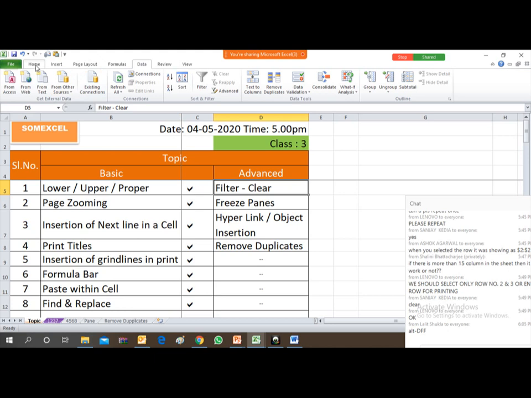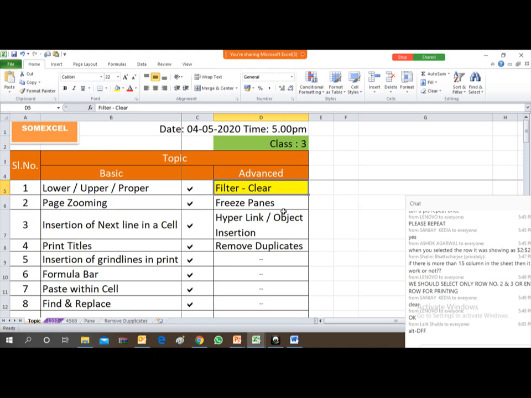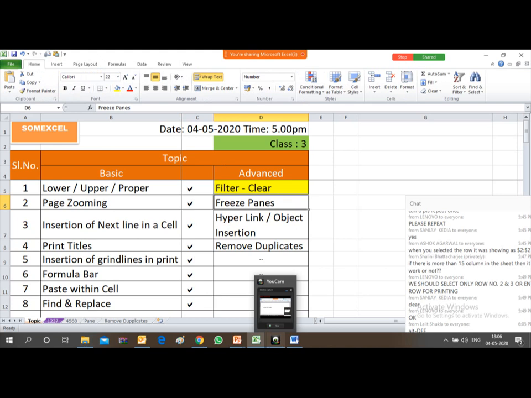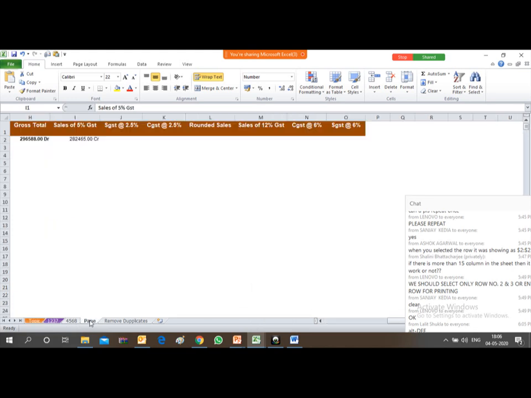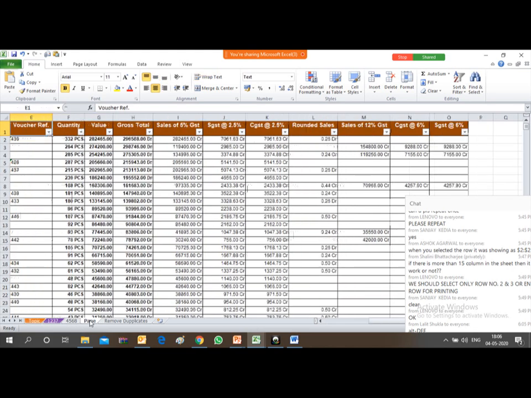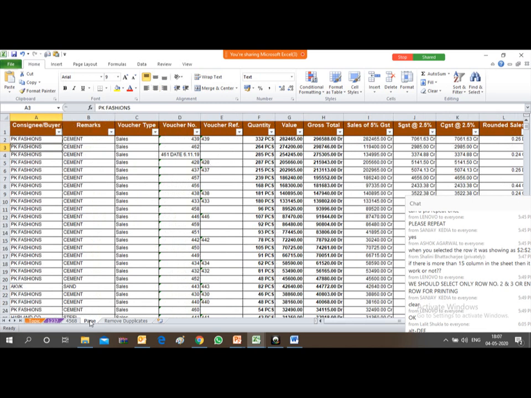So now we have covered filter clear. Friends, one of the most important topics: freeze panes. While using freeze panes, you will find in your day-to-day working you are handling huge data, say thousands and thousands of rows, or hundreds or tens of columns.